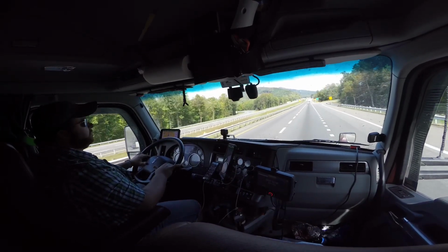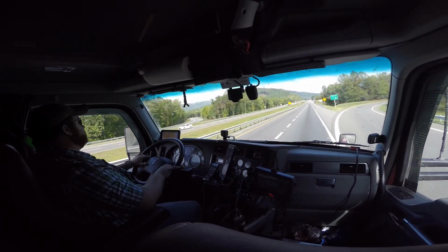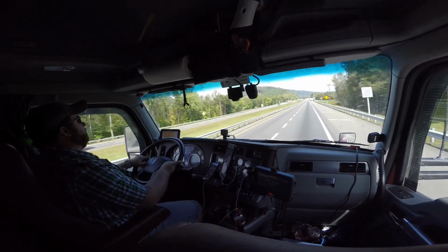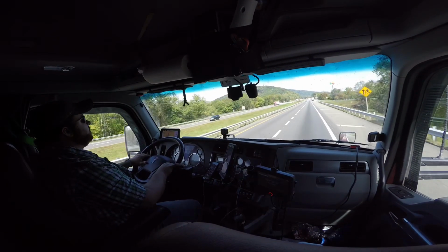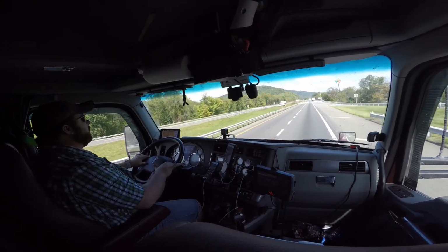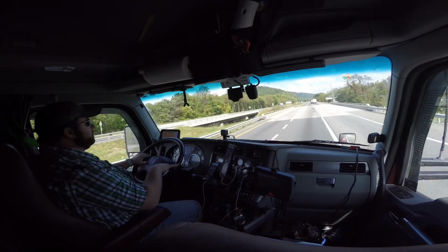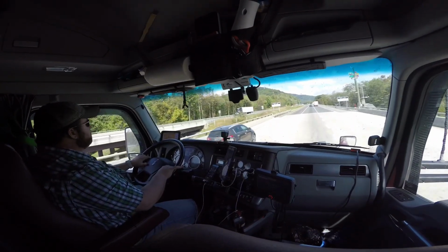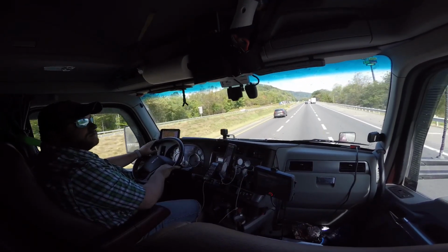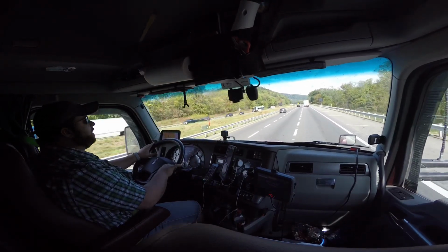I don't know. I think a lot of people have the mindset, big truck, big brakes. I mean, that's true, but not stop on a dime brakes. Hell, not stop on a dollar brakes. These things will get smoky on you. So I got to get over, because we're coming up on the truck lane, because we're at Fancy Gap,